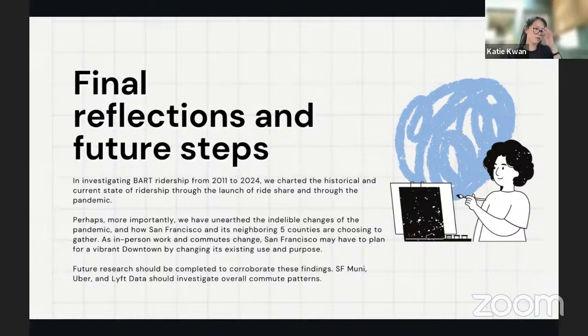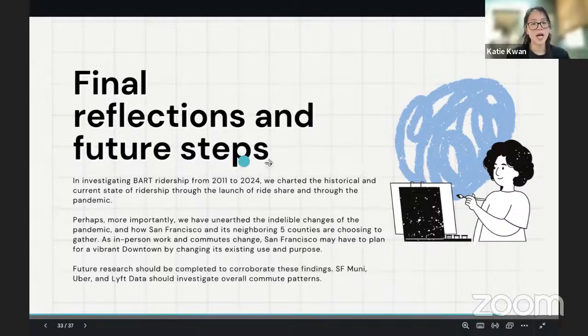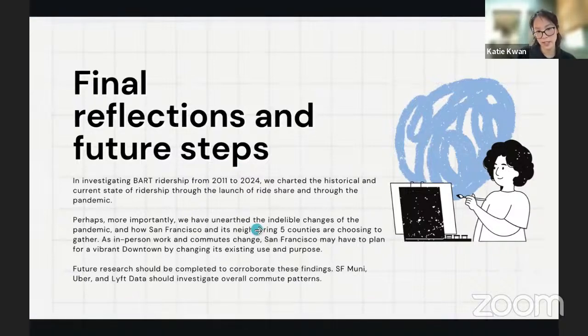In terms of future research, I think next steps are kind of beyond the scope of this project because it's not really a research project then, but if there was anything that we wanted to do, it was to pull bus information and also Uber and Lyft data to support the claims that we are experiencing our downtown decline and fail or potentially fail. So I think those are the two things that I would do to make sure that I feel very comfortable about this data. And the next part is to really